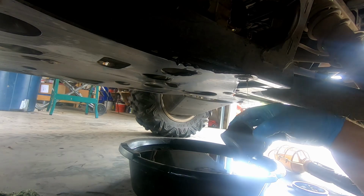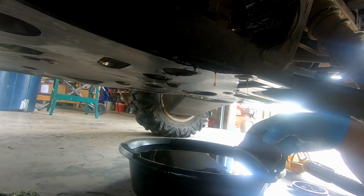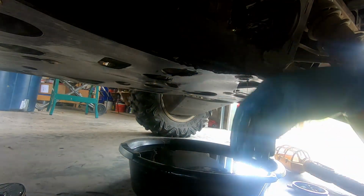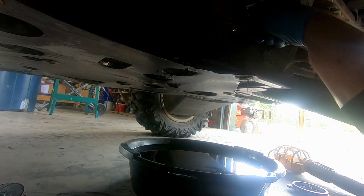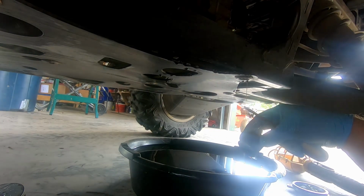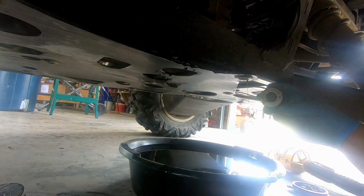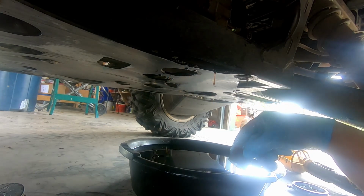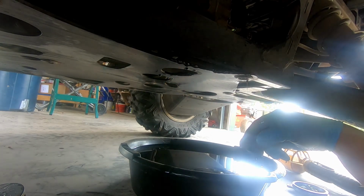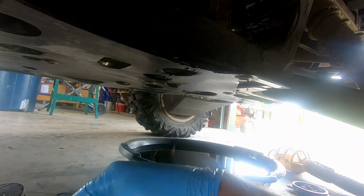You can get pliers, or I'm going to try to use a screwdriver. I've been successful doing that before. And there it goes. Alright. Again, just kind of pried it out with the screwdriver. Both those look pretty dirty, so anyway, now the best thing to do is just take a rag and